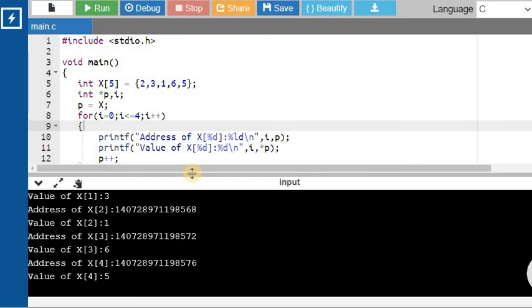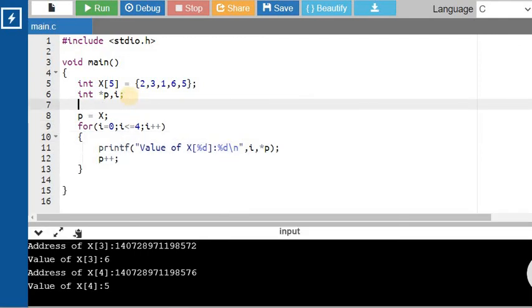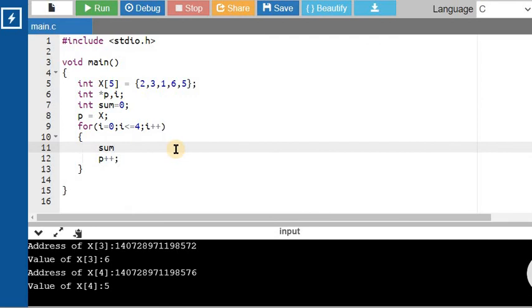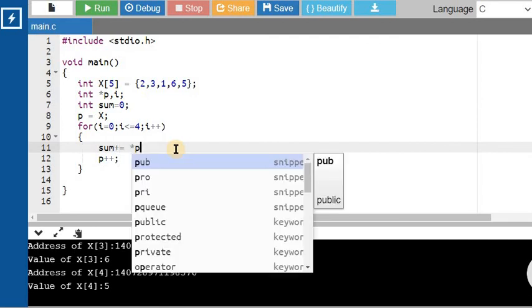Now we'll modify this program some more and we'll try to find the sum of the elements of the array using this method. Let me declare a variable called sum, which is initialized to 0. And then inside this for loop, I'm going to update the value of sum as sum += *P.